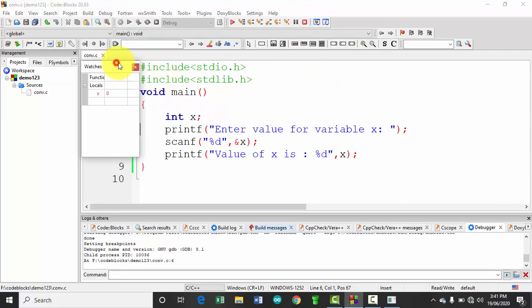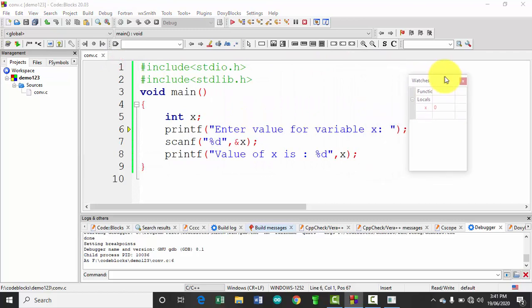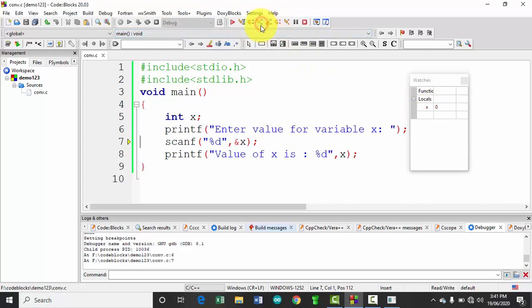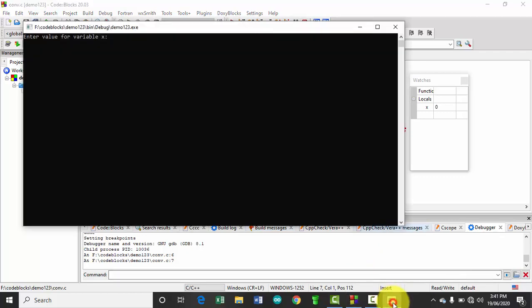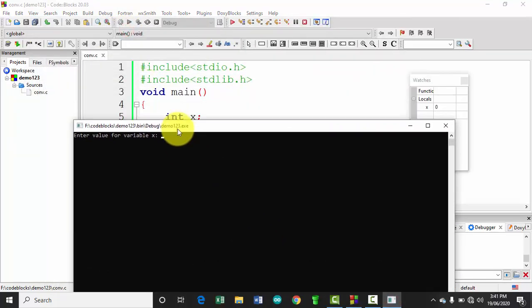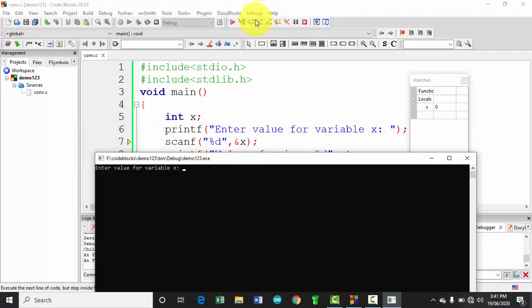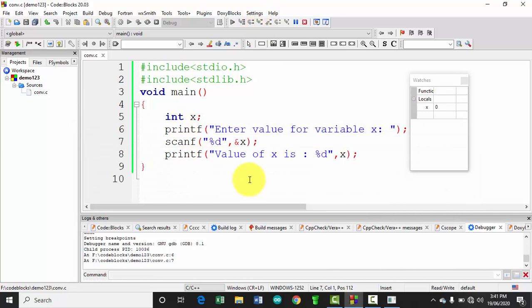So now if we see, initially we have declared a variable and the variable name is x here. So go to next step. Now this message, enter the value for variable x, is already displayed on this output window as shown over here. Now the next line. So now the compiler is waiting for the user's response.